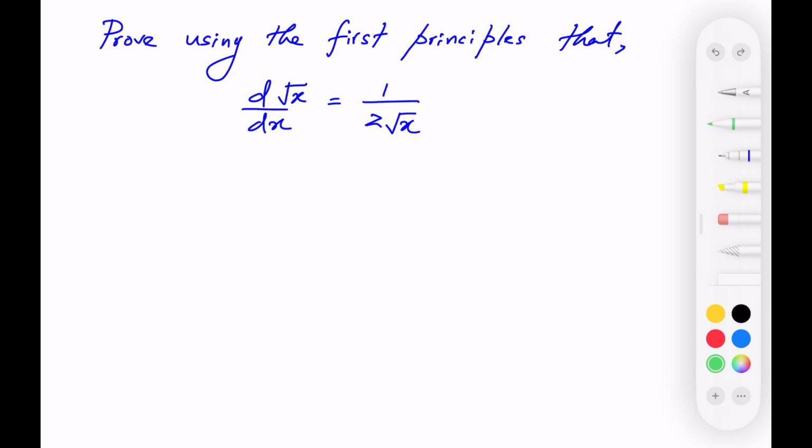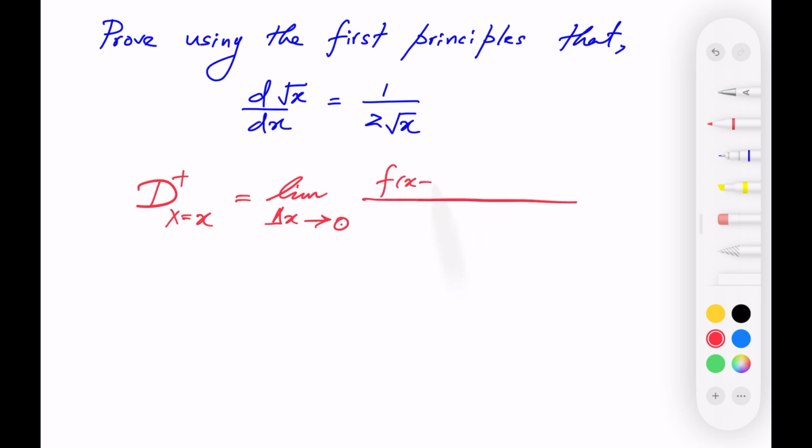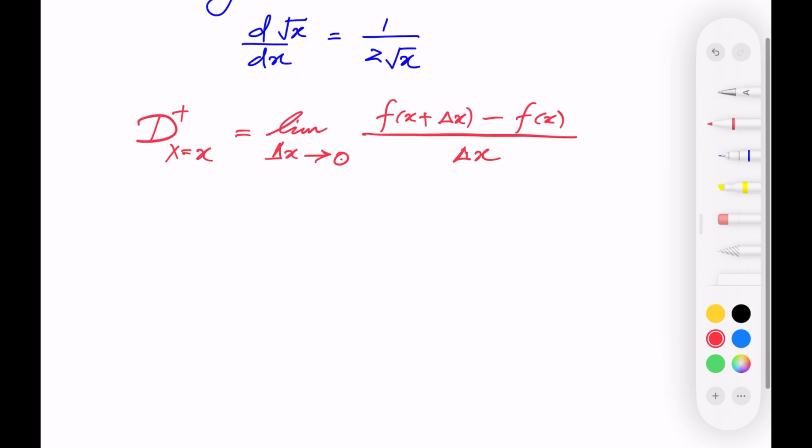When you use the first principles, you can use the right-hand differentiability or the left-hand differentiability equation. I would like to go for the right-hand differentiability equation. Let me write down that equation real quick. This is d plus x equals x. This is equal to limit as delta x approaches 0. On the numerator, you are going to have f of x plus delta x minus f of x, and on the denominator we have delta x,